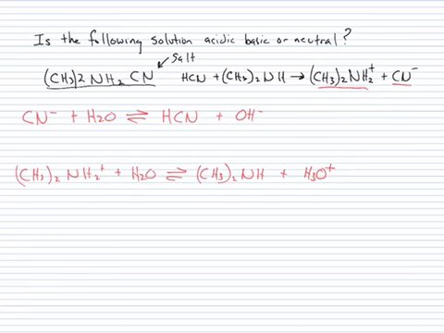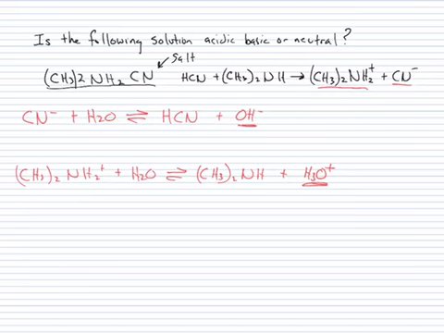Now, this reaction doesn't happen a whole lot. It's in equilibrium, and this happens a small amount. So what we really want to know is how much hydroxide is going to be formed and how much hydronium is going to be formed. Which is going to be greater? If more hydroxide forms from the first reaction than the hydronium in the second, it's basic. But if more hydronium forms in the second reaction than the hydroxide in the first, then it's going to be